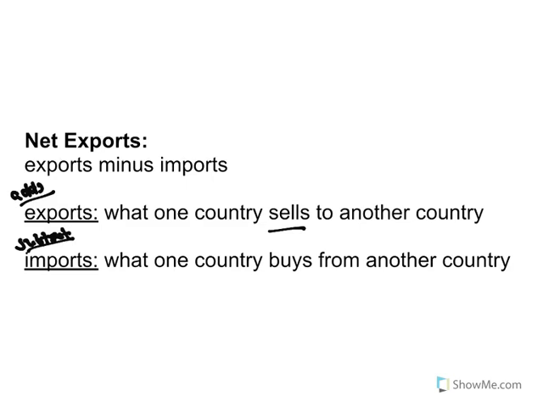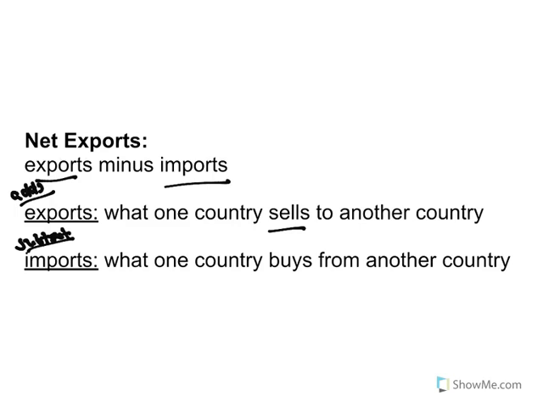It's something we bought from somewhere else, right? And so it would subtract from our GDP. So countries are always trying to make their exports way, way larger than their imports so that they can have a positive trade balance and have a positive contribution from this component to GDP